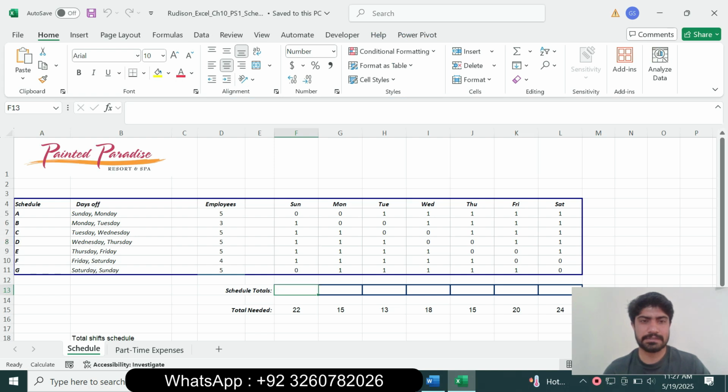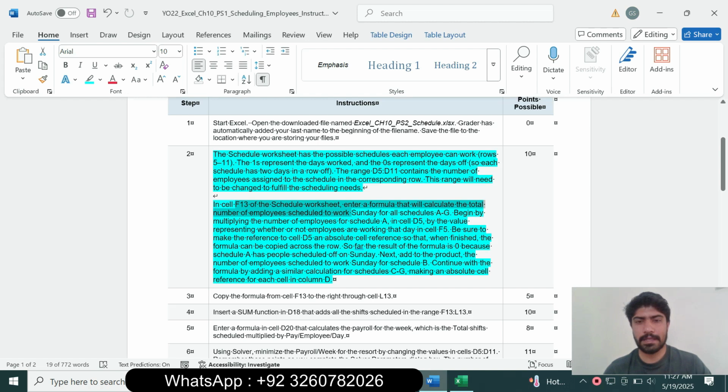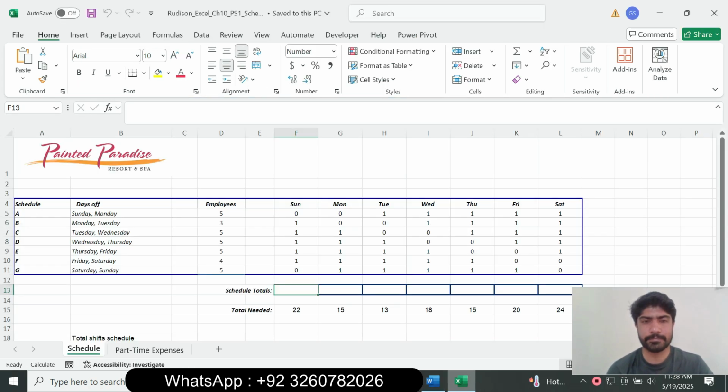So select cell F13, the total number of employees scheduled to work on Sunday for all schedules A to G. Begin by multiplying the number of employees scheduled. The result of the formula is 0 because schedule A has no people on Sunday. So select cell F13